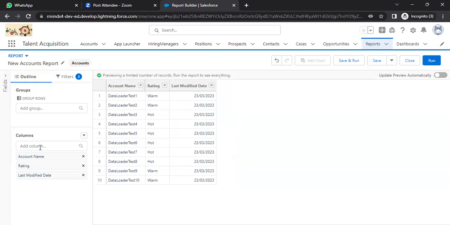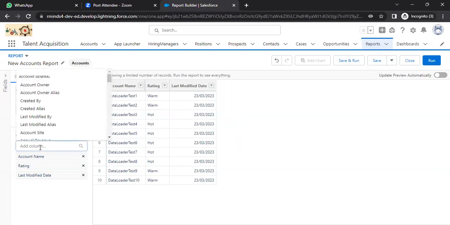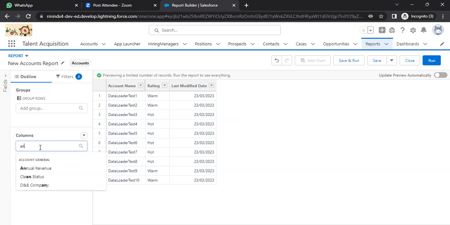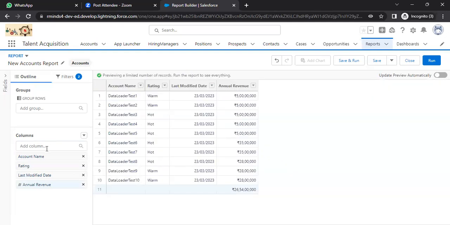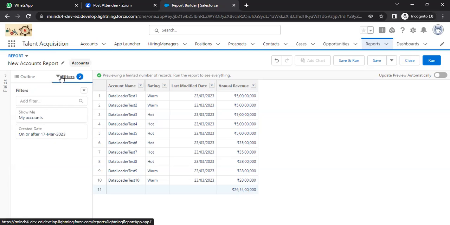Okay, so what I need is annual revenue. You can either drag and drop or select them from here and it will be coming here. Annual revenue and then,